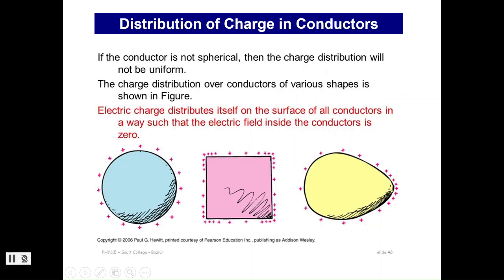Now, talking a little bit more about the distribution of charge in conductors. So far, we looked mostly at a sphere. When you look at a sphere, we assume that the charges are distributed equally around the outside. Now, this is kind of silly because my protons can't be sitting on the outside of a sphere. In reality, like I showed you before, the protons would, of course, be in the material of the sphere. But if I have a net positive charge, my electrons are going to be,